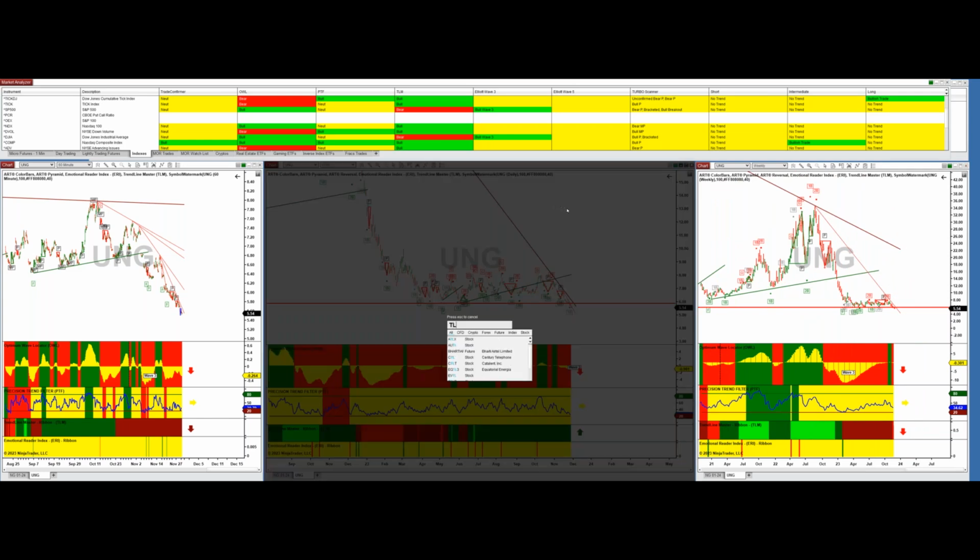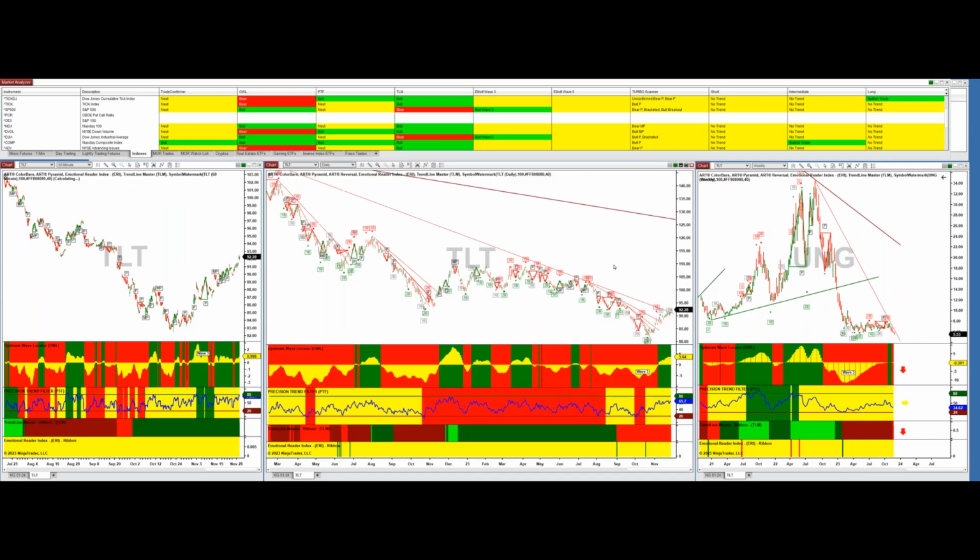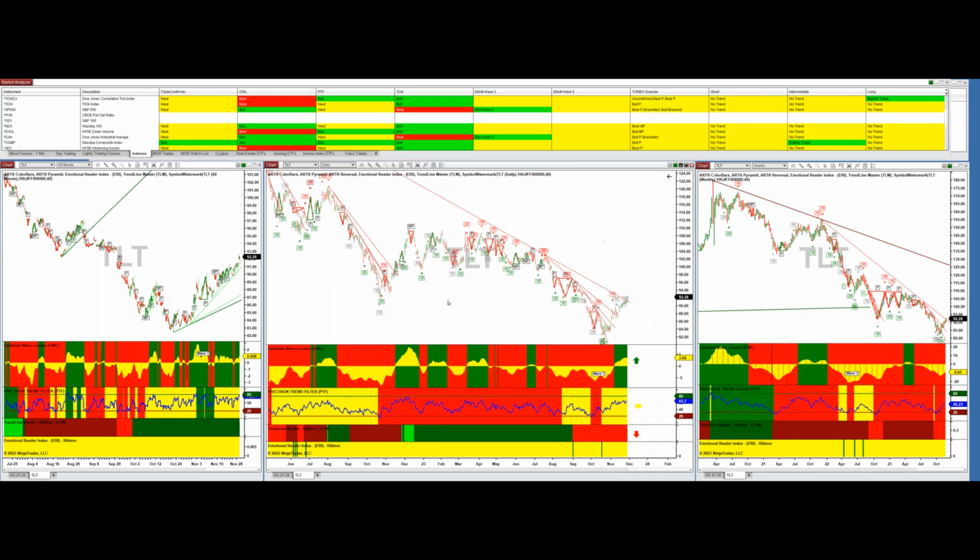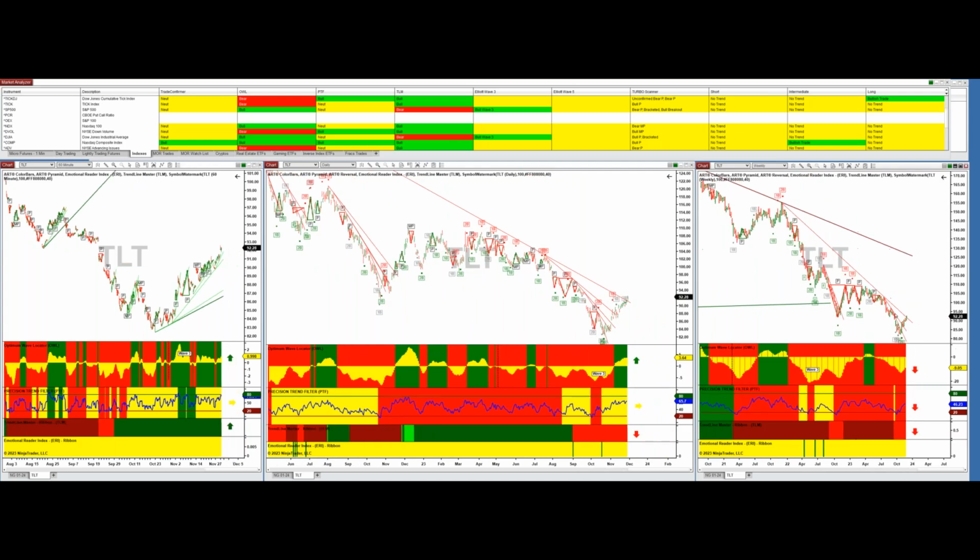And then TLT is another one. This is the bond fund that we kind of looked at. So we're seeing some improvement here, but here's my problem with this. We've got the red PTF now over here. So any move to the upside long-term has got to be looked at this time as profit taking, and we should actually go back down. So kind of interesting. If this changes, then we'll change. But this is pretty good here.